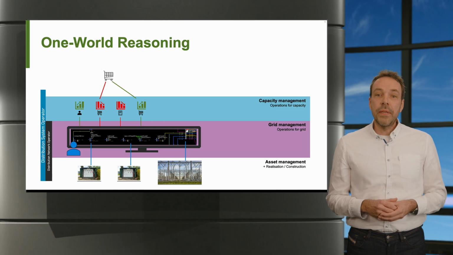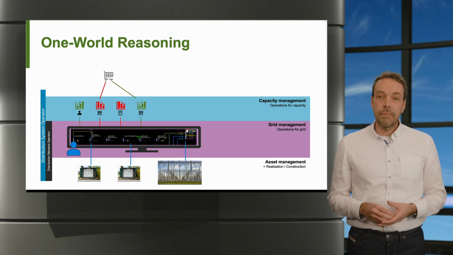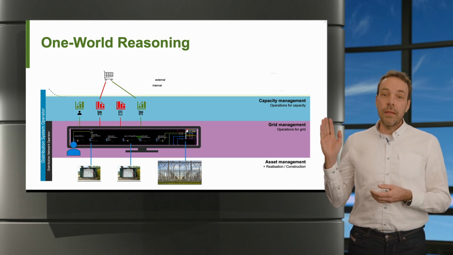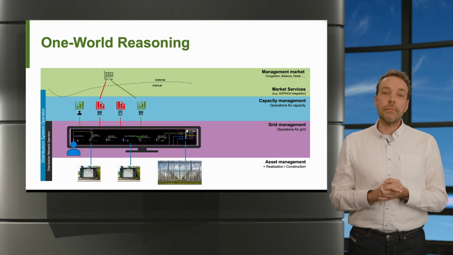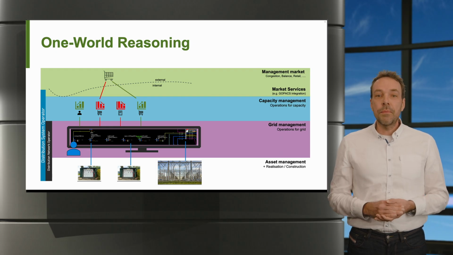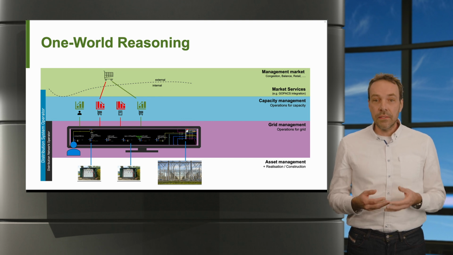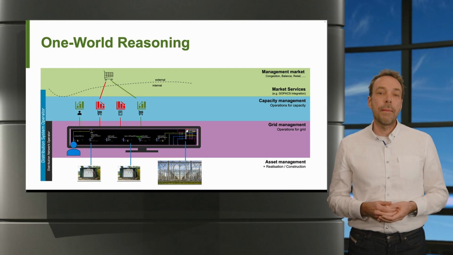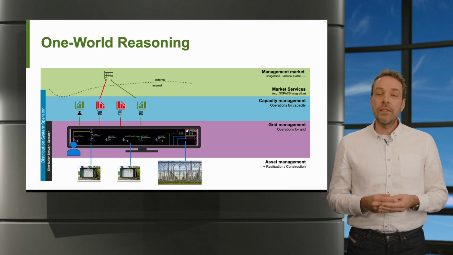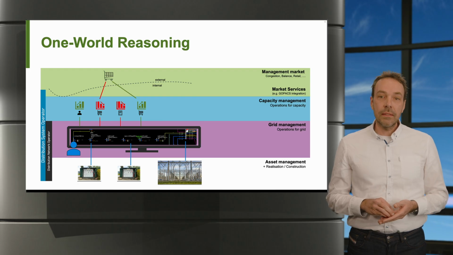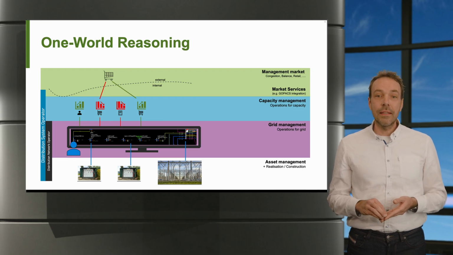Becoming a DSO means our capabilities expand. Next to asset management and grid management, we now also need capacity management and market management. Capacity management depends on the technology behind the connection points and the demand response products that activate that flexibility. And we cannot do this alone. We need good agreements with market parties so that market participants can act and deliver.